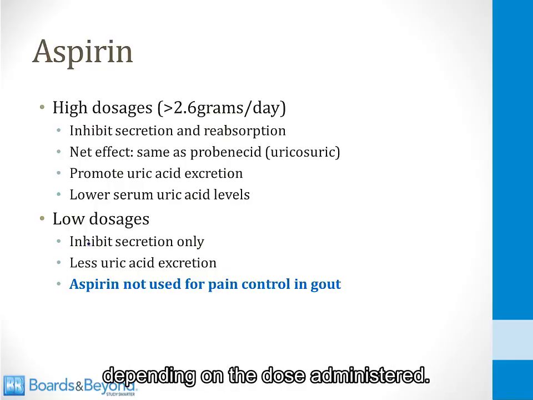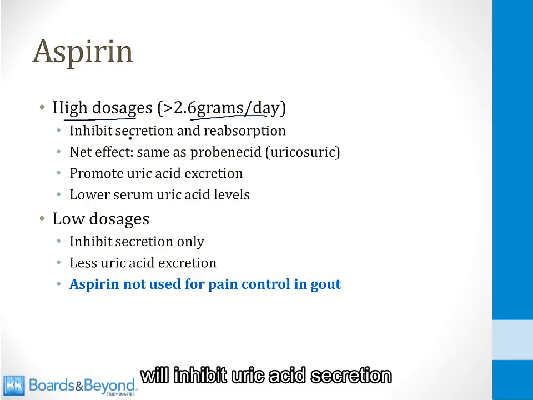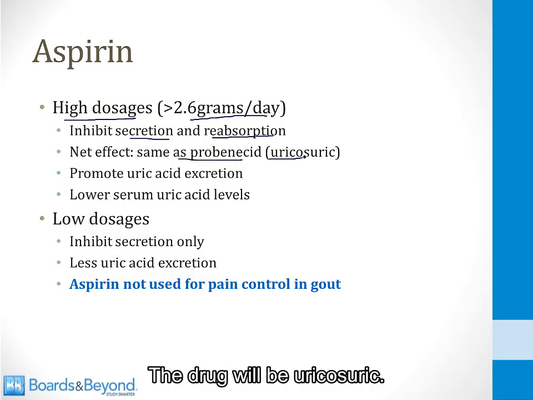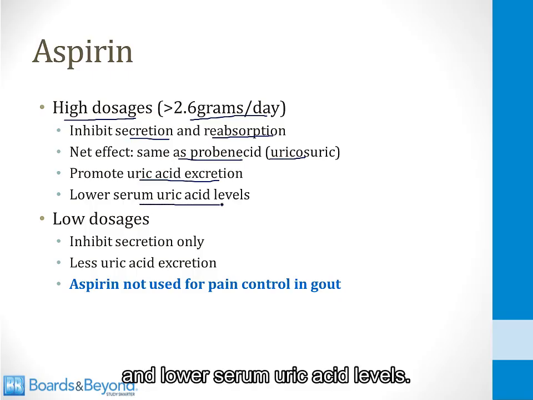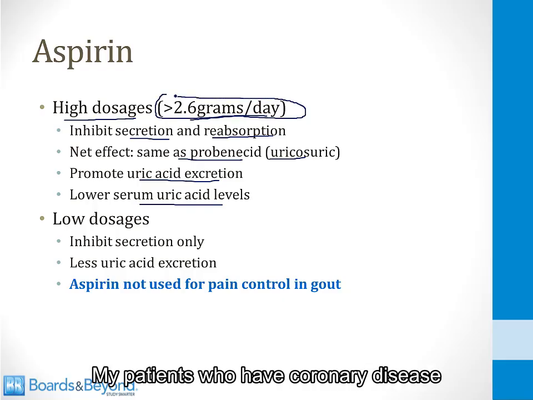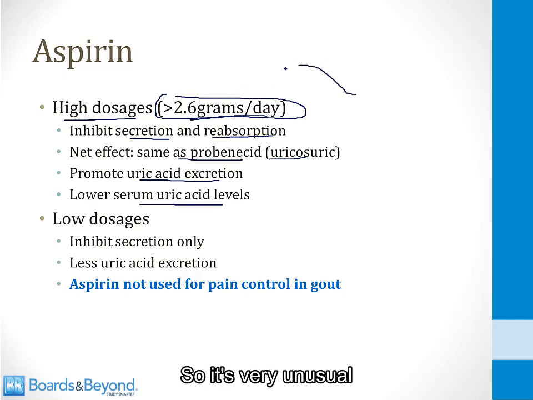I'll finish this video by talking about aspirin, which has a peculiar effect on uric acid levels depending on the dose administered. Very high dosages of aspirin, more than 2.6 grams per day, will inhibit uric acid secretion into the urine and reabsorption, and the net effect will be the same as probenecid. The drug will be uricosuric. It will promote uric acid excretion and lower serum uric acid levels. Now, 2.6 grams per day is a huge amount of aspirin. My patients who have coronary disease take only 325 milligrams per day,